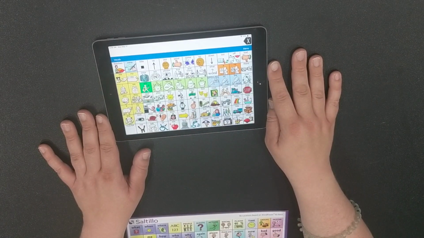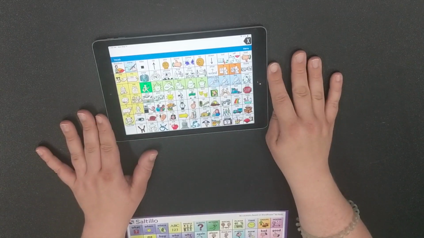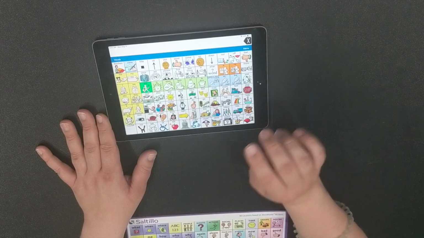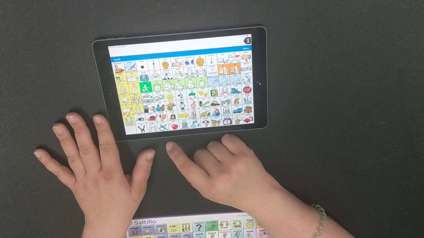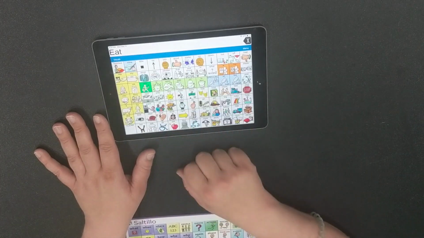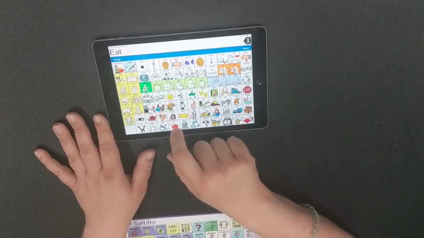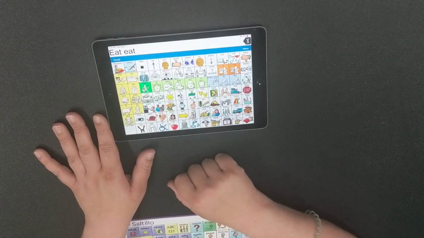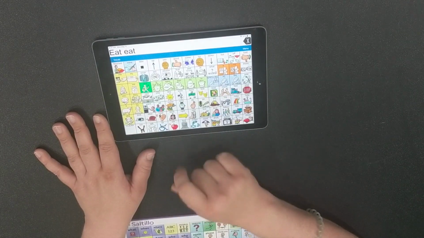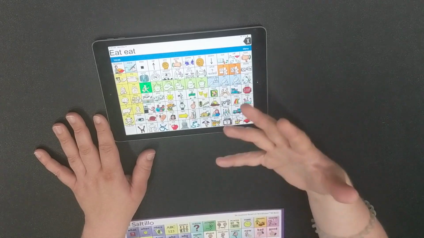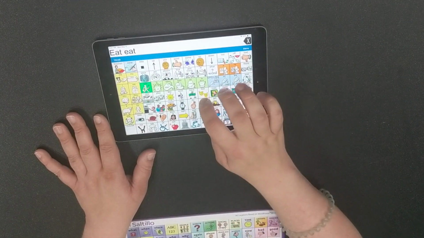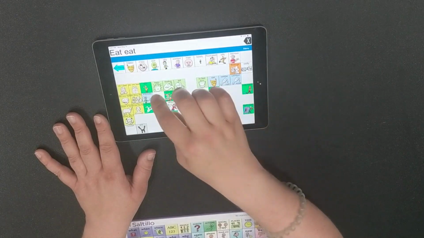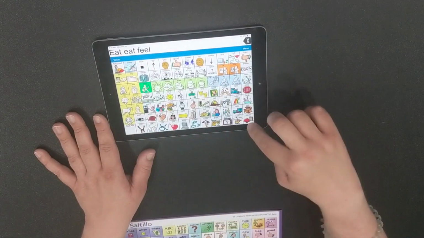So key things, for instance, I should give an example here. An easy one that people usually start with is snack time, because that's the easiest time most people think to incorporate it. So we could talk about, I'm going to eat applesauce today. What are you going to eat? Just as I'm saying the word eat, I'm pressing the word eat to then show that word to them. We could come in and talk about how everybody feels in the morning. I feel